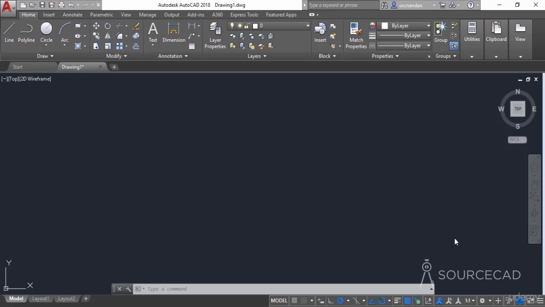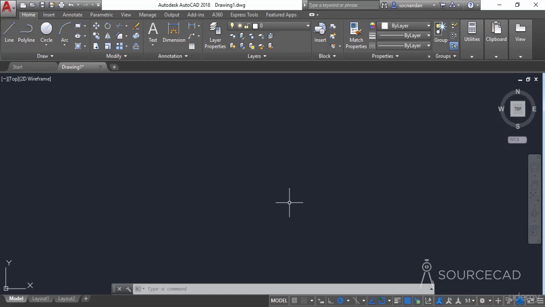In this video, I will tell you about the polygon tool of AutoCAD. A polygon is simply a closed geometry made up of a minimum of 3 line segments and a maximum of an infinite number of line segments. Technically, a circle is the largest polygon with an infinite number of sides, and a triangle is the smallest polygon with 3 sides.